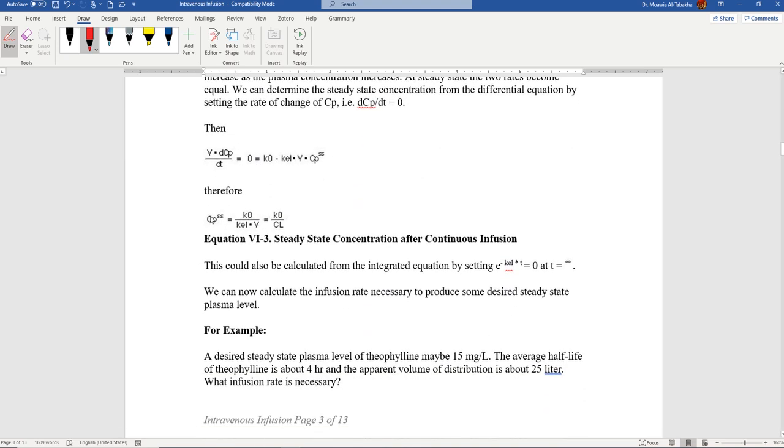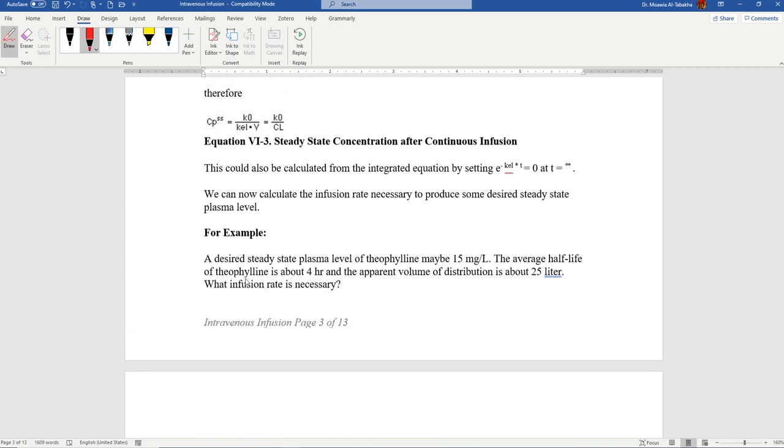We learned about CPSS and how to calculate it, so now let us solve the following example. Let's say a desired steady state plasma level of theophylline is, let's suppose, 15. When I say desired here, I'm talking about my target, my CPSS, which I need to be 15 milligrams per liter. I want you to know that